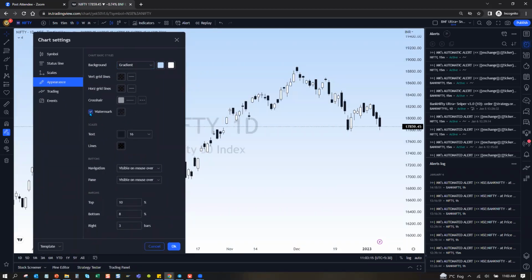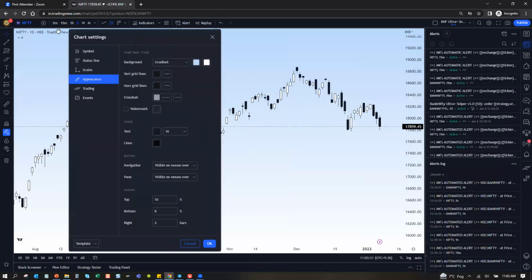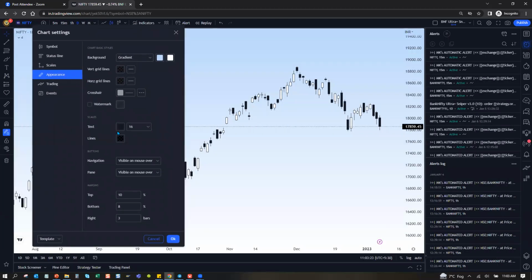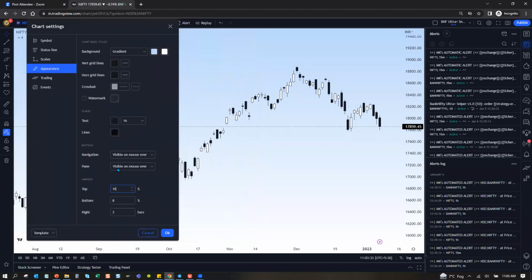Whatever grid lines you want, a watermark, like this annoying watermark, if you want to have it. Some people do want to have it because they post on Twitter, etc. And what kind of margin on the right and what kind of margins on the bottom for the time axis, you can set all that from here.